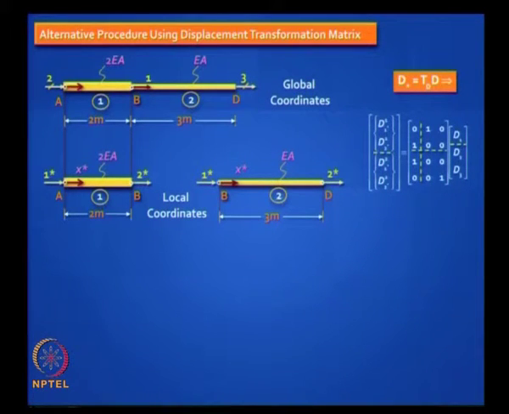How? Why do we say that? So, take a look at this. This is your TD matrix. To fill the first column, and mind you, there are two elements. This belongs to the first element. This belongs to the second element. When you apply D1 equal to 1, which means if I put a unit displacement here, what gets affected? Well, this gets affected and this gets affected because they both connect to the same point, right?